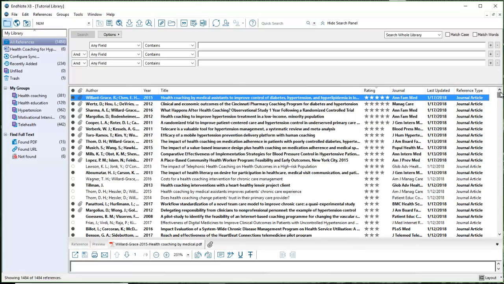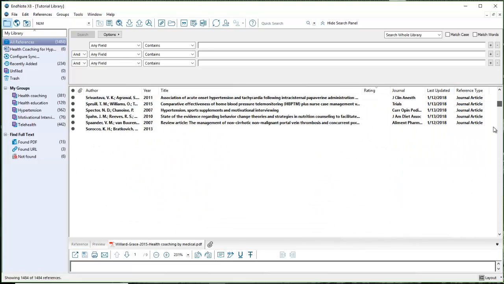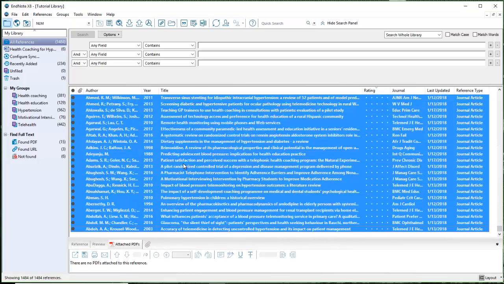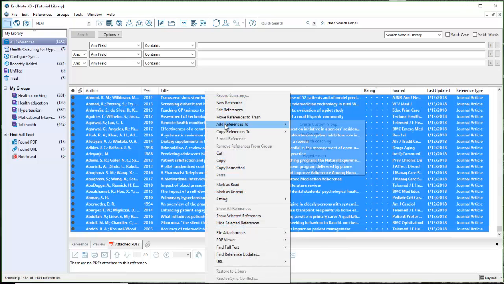It doesn't matter what order I'm in here, but the top reference on my list, and I'll scroll on down and capture all down through the bottom. So now I've highlighted 1400. If you look in the bottom left hand corner, 1484 out of 1484, and I'll right click, and I want